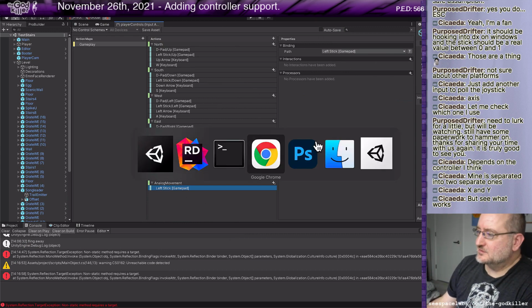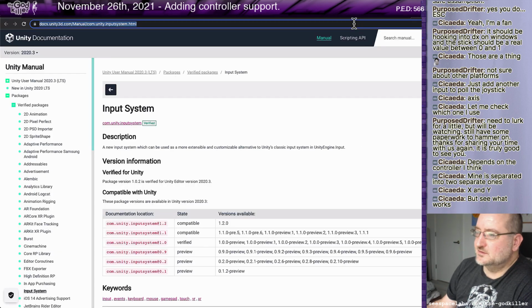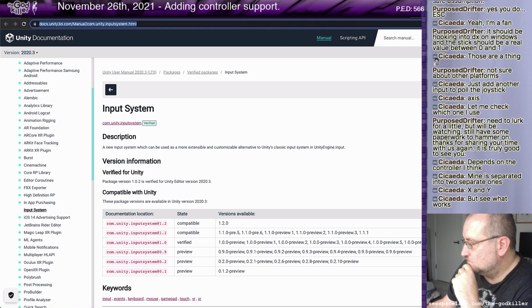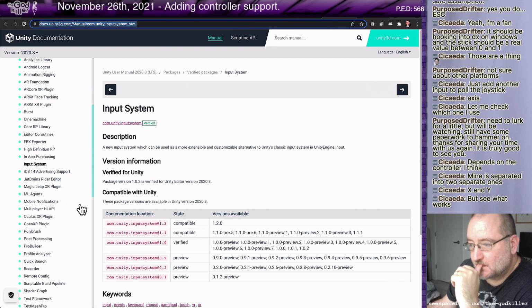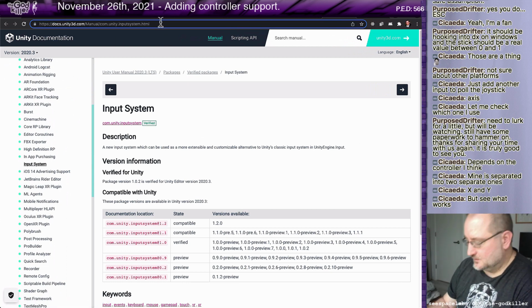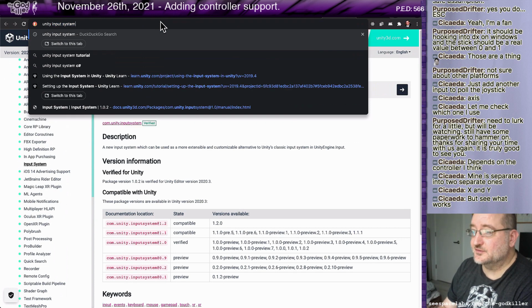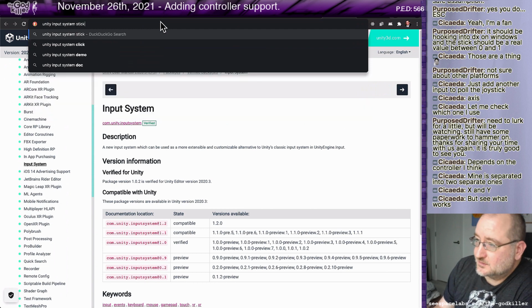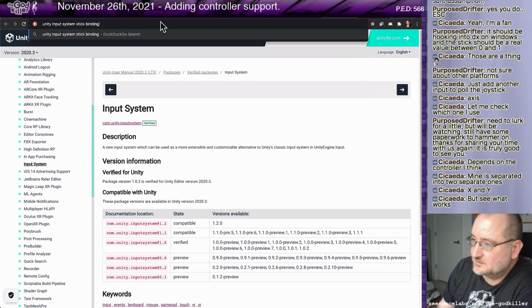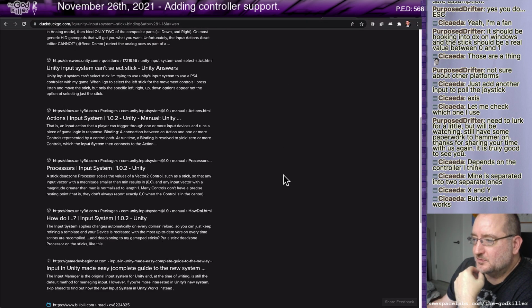I wonder if, this is probably a good time to just see if I can find it in the documentation. Okay, so Unity search is not as good as outside search's input system. Let's see, stick binding, try that. No, just give me the official Unity docs.